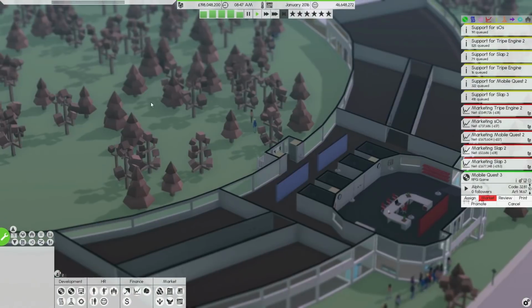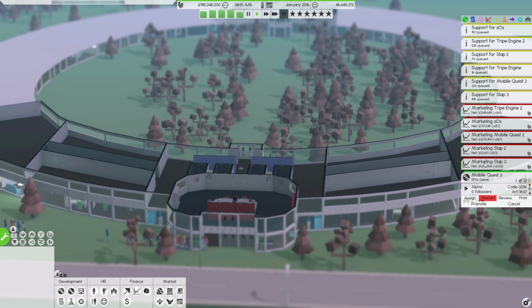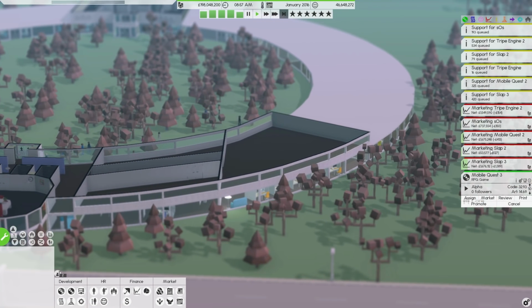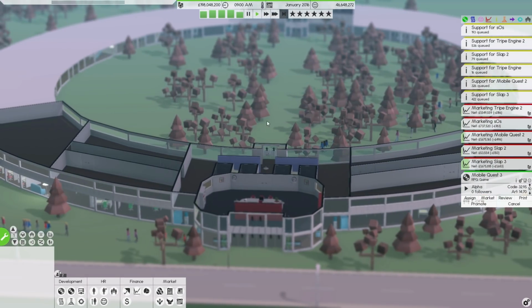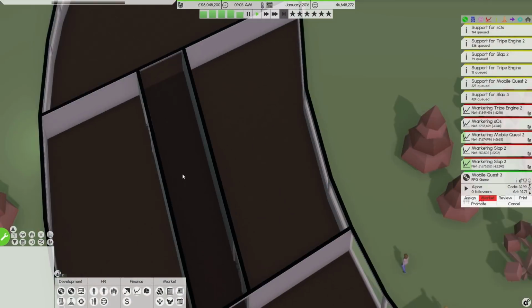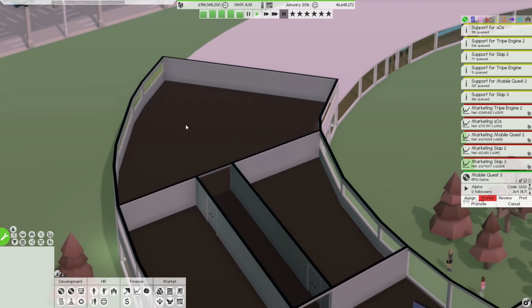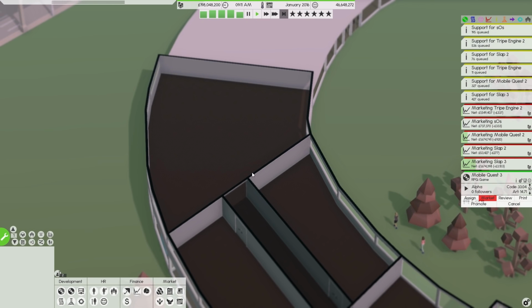I think our priority today is going to have to be getting Mobile Quest 3 done, because everything that we're marketing at the minute, while we're getting a few, 1.6 million, 1.5 million, I want more. We need more money, is what I'm saying. We do need more money. So we'll have to figure that out. We will 100% have to figure that out.